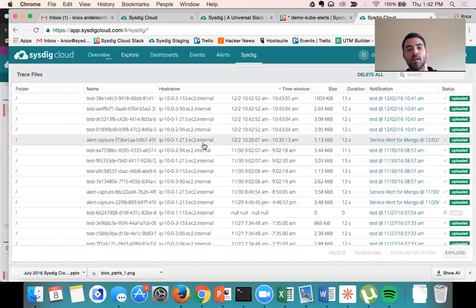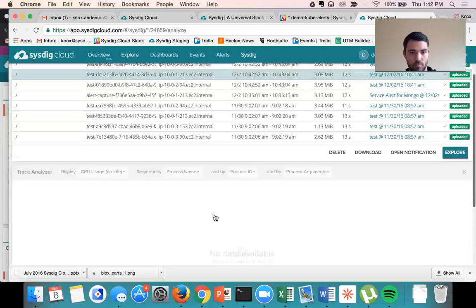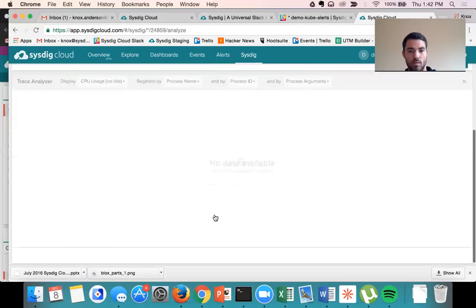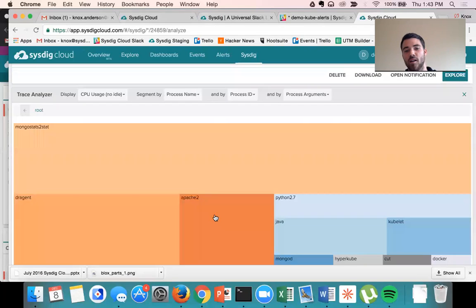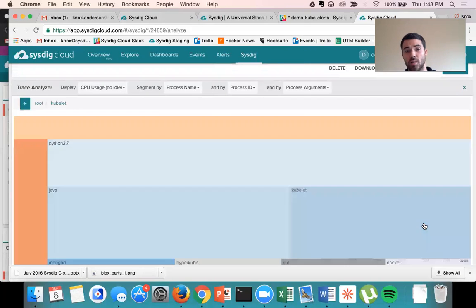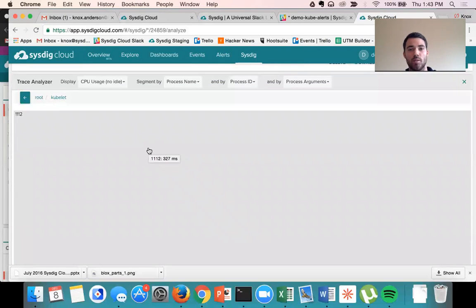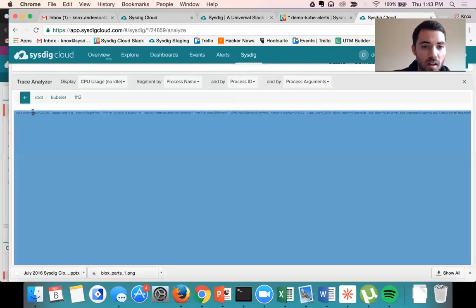So if I go into the Sysdig tab, I'll be able to see all those files. You can look at them in here as well with a tree map. These sometimes take a little bit to load based on how many processes were going on at that time. So I can see all the different process names. Right now they're filtered by CPU usage, drill into any process, see the PID. So it looks like 1112 was the main one. Drill into that, and then you'll actually get all the process arguments that were happening during that time when that